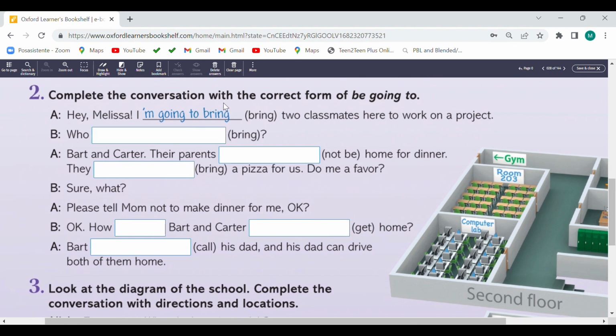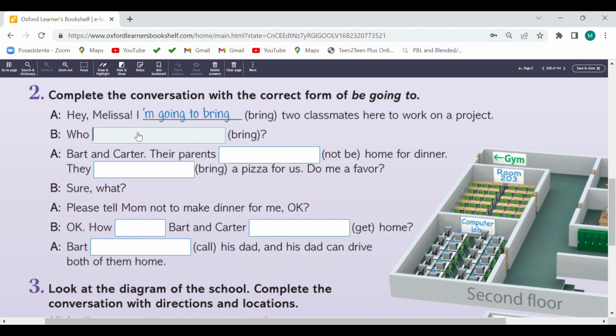Complete a conversation with a correct form of be going to. Bueno, acá solo sacamos el verbo, o sea, agregamos al sujeto, si lleva is, am, o are, going to, y sacamos el verbo. Pero cuando no lleva pronombre, por ejemplo, esto es subject pronoun, entonces, ¿qué realizamos?